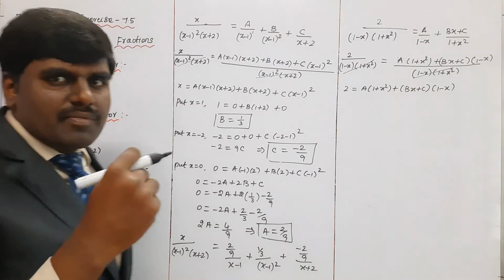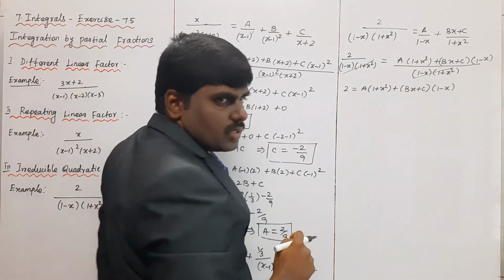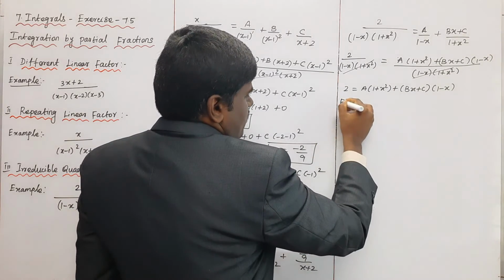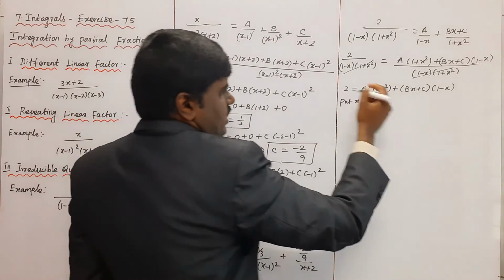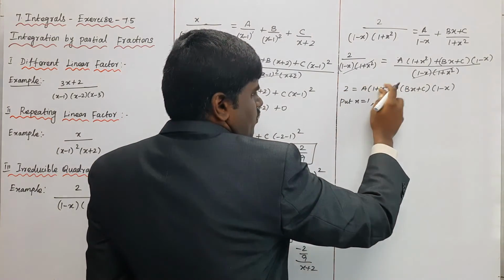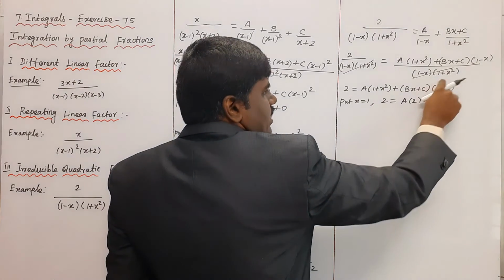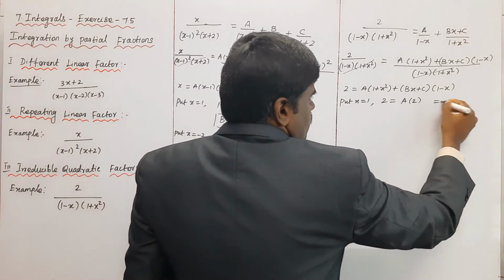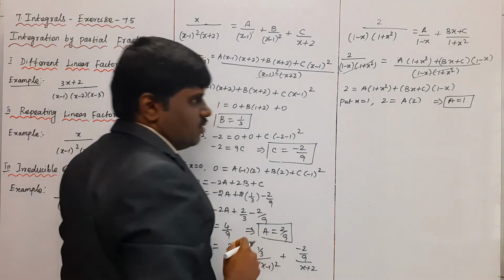First you substitute the factor values. What's the factor value? Put x is equal to 1. That's clear, the value should be 0. That's my factor value. So here I will substitute x is equal to 1. Put x is equal to 1 means what's here? 2. So A into 2. Again, put x is equal to 1 means the entire value should be 0. So the total bx plus c will also be 0. What is the conclusion? A is equal to 1. That's clear. I found the value of A is equal to 1.